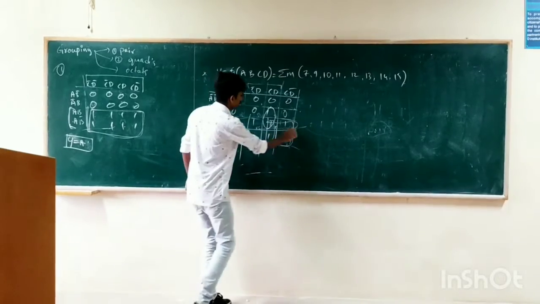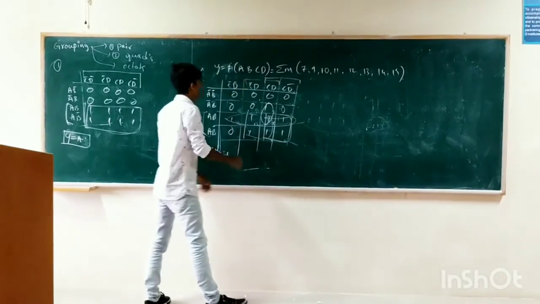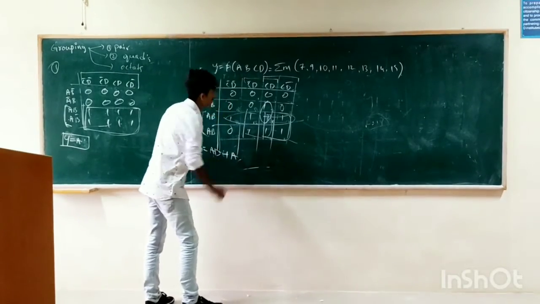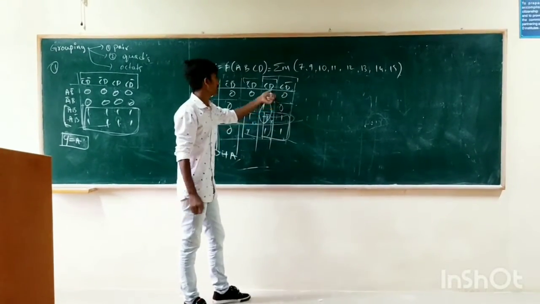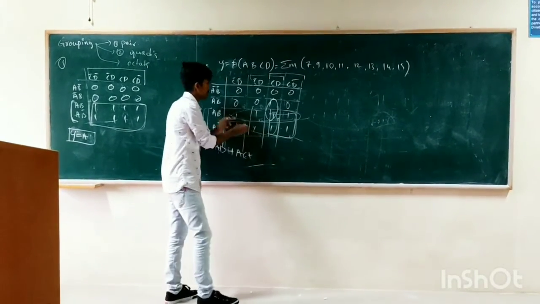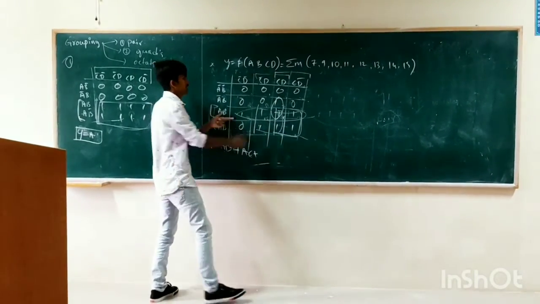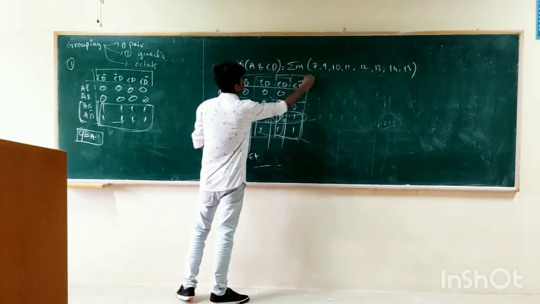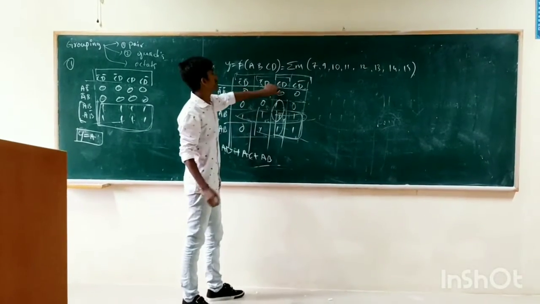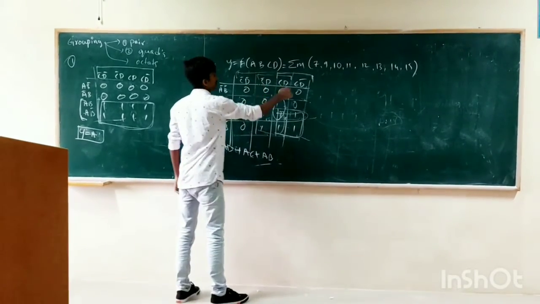Next, let's come to this one. The fundamental products are the same kind of thing. Taking here, B bar and B will be eliminated and A is common. Here D bar will be eliminated, C is common. Nice. Okay, that quad expression is done, and let's take this big part. For this one, these are the fundamental products: A B, right? Here C bar D bar, C bar D, C D, and C D bar will be eliminated because C bar and C are eliminated, D bar and D are eliminated.